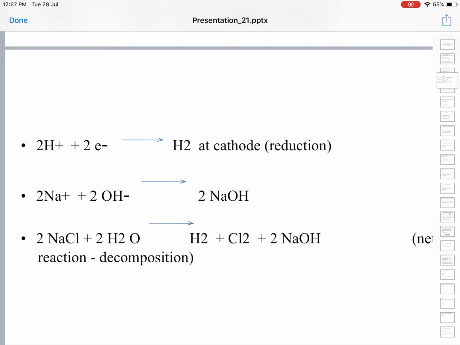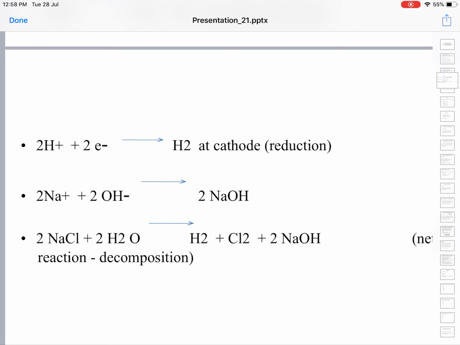So in the electrolysis of fused sodium chloride, chlorine gas is liberated at the anode while sodium ions are discharged at the cathode. There is no issue at all because only two ions are there, one positively and one negatively charged, so they will be discharged directly. Whereas in the electrolysis of aqueous sodium chloride, chlorine gas is liberated at the anode because its discharge potential is less than that of a hydroxyl ion, and hydrogen gas is liberated instead of sodium ions.